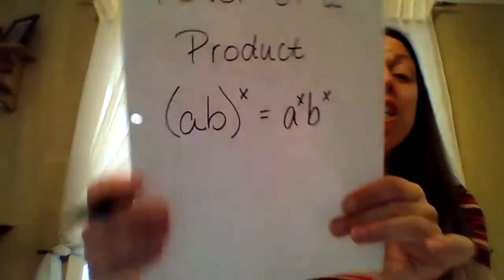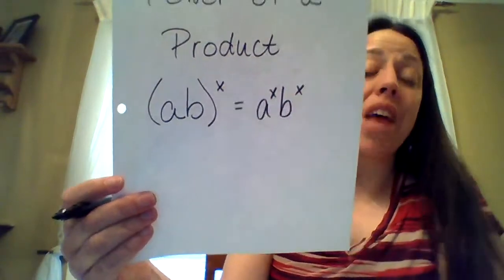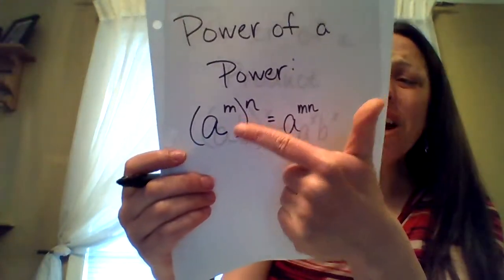You would only have to do the FOIL method if there was a plus there. Since there is a times there, we're going to get each of them to the power that's on the outside. This could get a little bit confusing if one of them had an exponent on it. So that's what I'm going to do here. We're going to look at a few examples